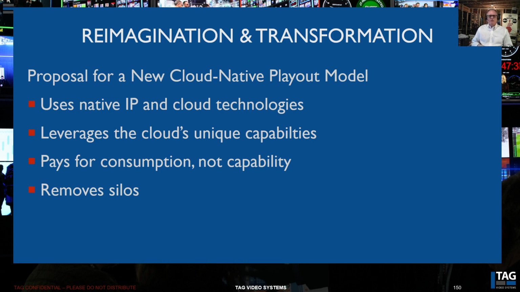We also want to have things like on-demand and serverless to really use that properly. So we're paying for consumption and not capability of servers just sitting there not doing work at that moment. And we want to tear down some silos. We want to get rid of the silos that segment playout and production and OTT and delivery and all these